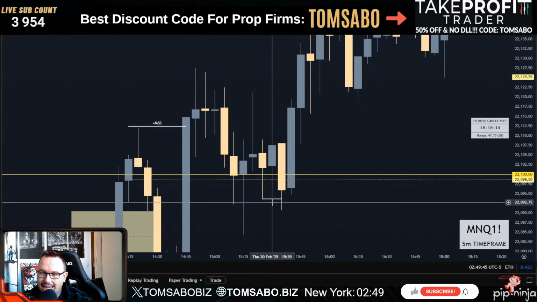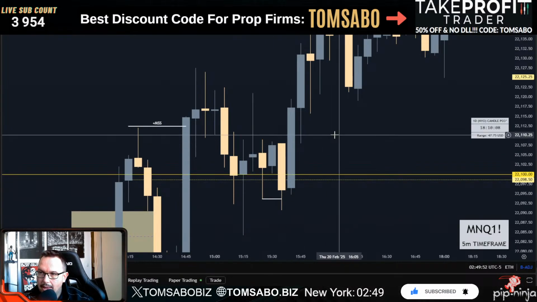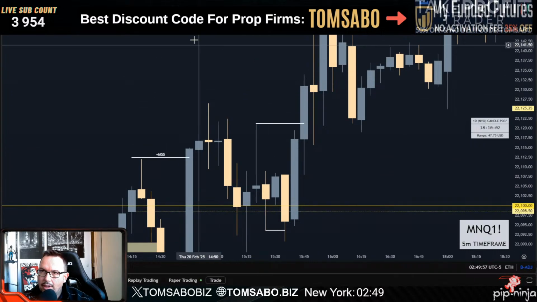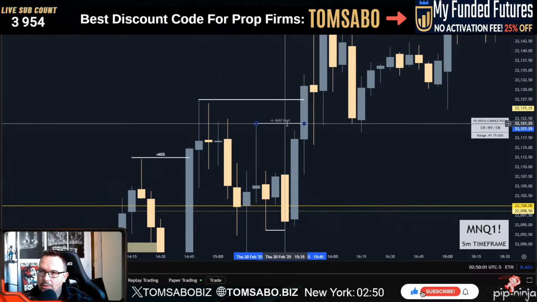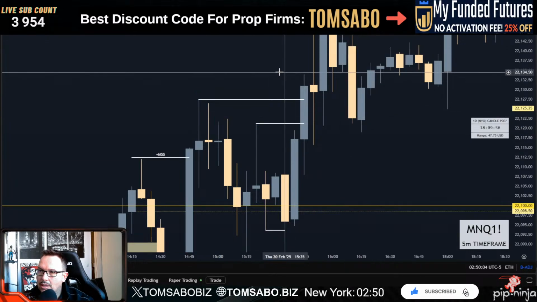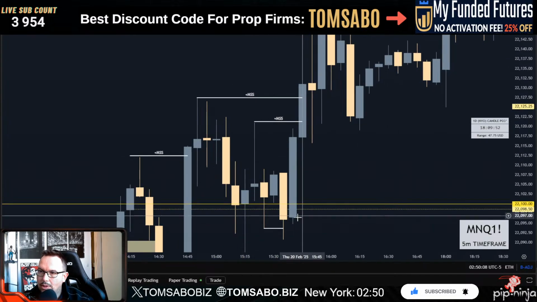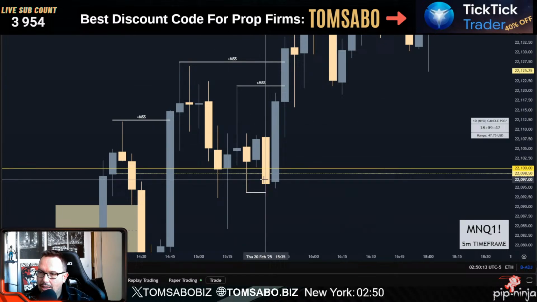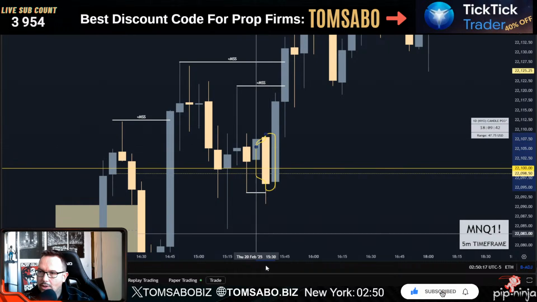So that makes it technically valid, at least in my book. This is technically a valid order block, I would say. And then it shifted here, and then it also shifted here. So two market structures shifted upside, here and here. Two bullish shifts, which makes this bearish candle yesterday PM session 335 an order block